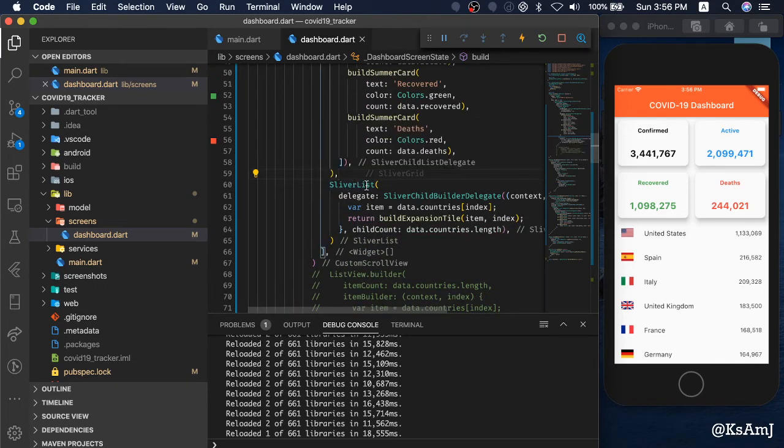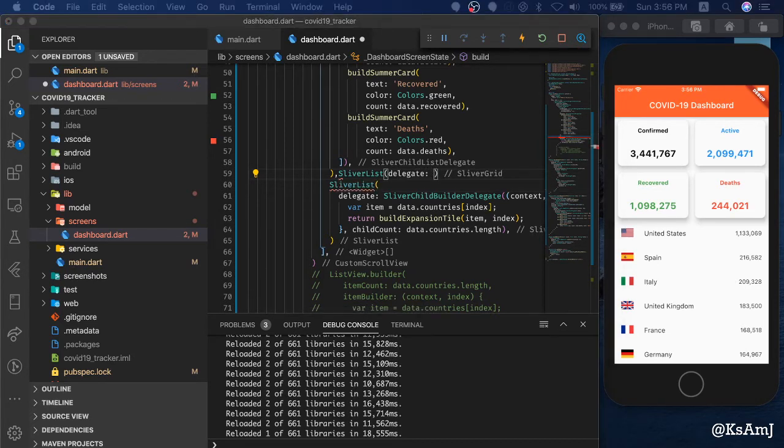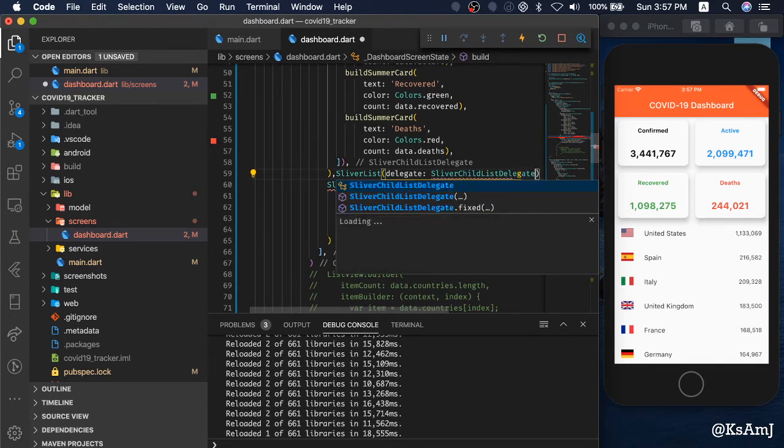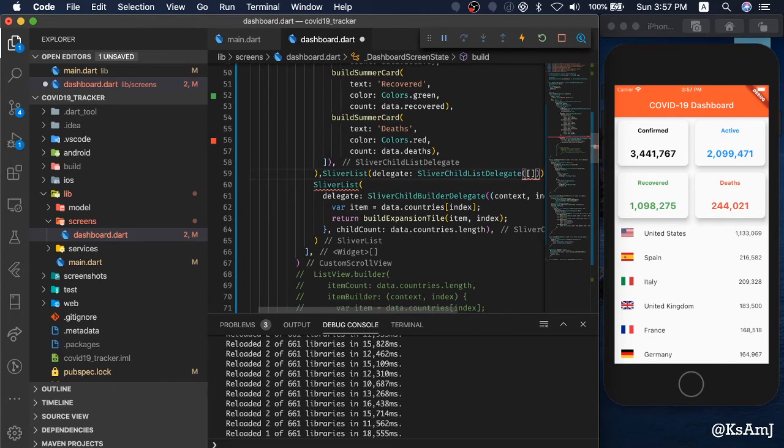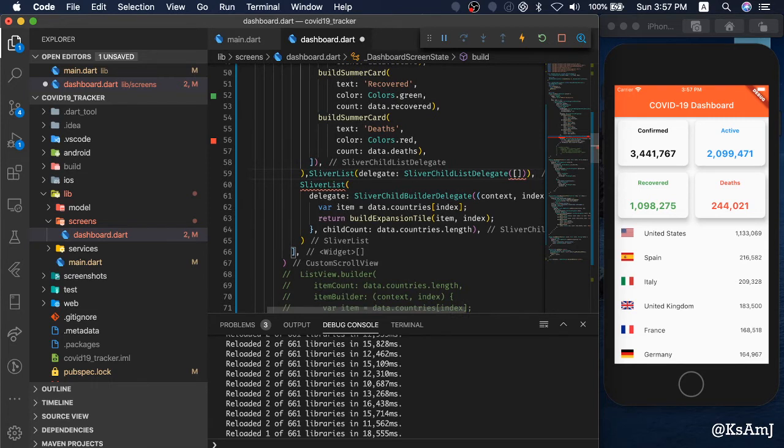So what I will do here is add a sliver list, between both, and the sliver list will take a delegate, and the delegate would be SliverChildListDelegate, yeah, and I will just add a list of items. Separator here, save,